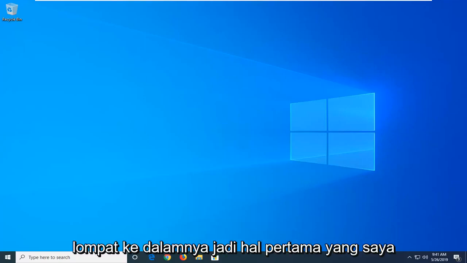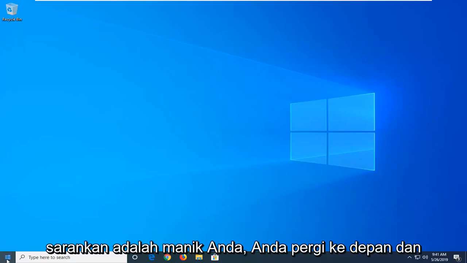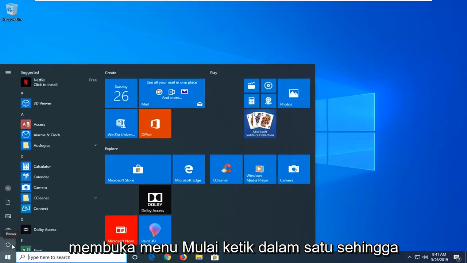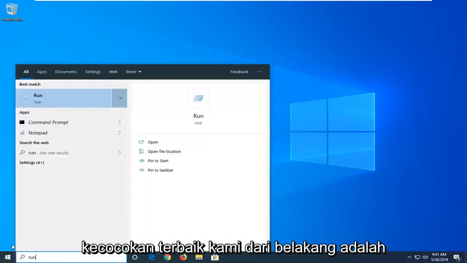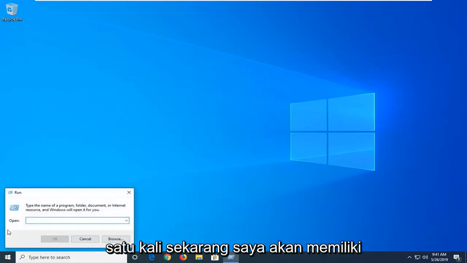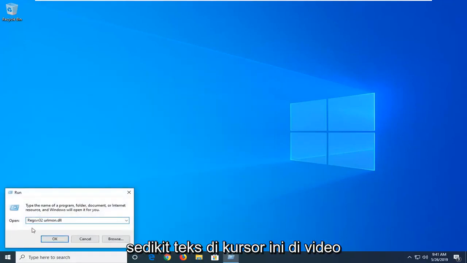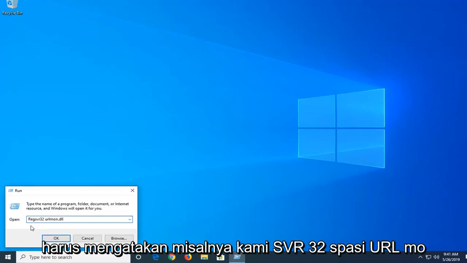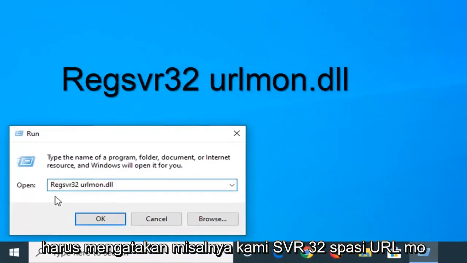So the first thing I would suggest would be to go ahead and open up the start menu, type in run, so R-U-N, best match to go back or run. You want to just left click on that one time. Now I'm going to have a little bit of text in the description of the video. It should say regsvr32 space